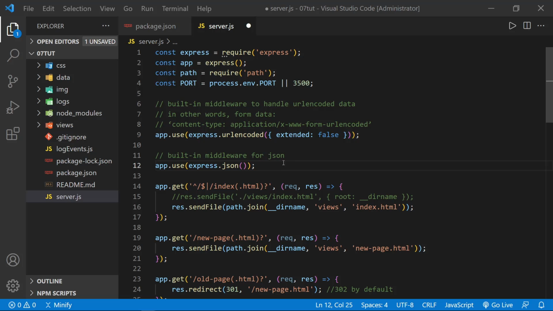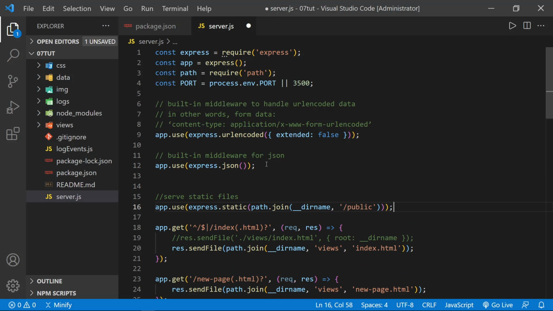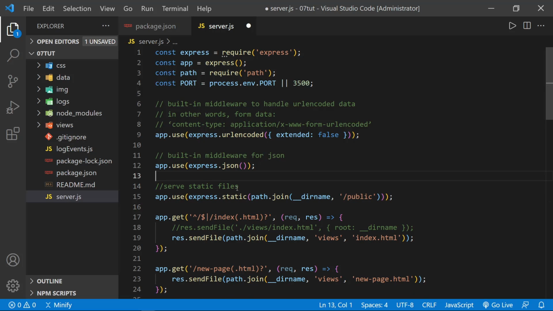And finally, for the last piece of built-in middleware that we'll apply today, we're going to serve static files. And this is important because if you remember from the last tutorial, we were not yet applying CSS. We had a broken image in our new page, and files that should be available to the public were not available. And that's what this middleware does. It serves static files. So once again, we start with app.use, and then it's